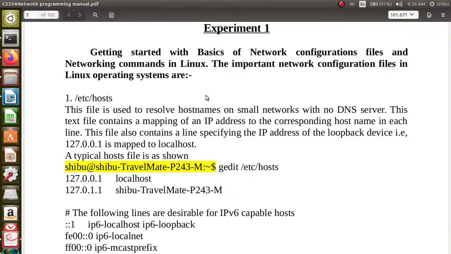So the first file we are going to discuss is /etc/hosts. This file is used to resolve host names on small networks with no DNS server. DNS means Domain Name Service. For every domain name, for example www.google.com, that's the domain name. If you connect to a DNS server, then it will give you the IP address of that domain,